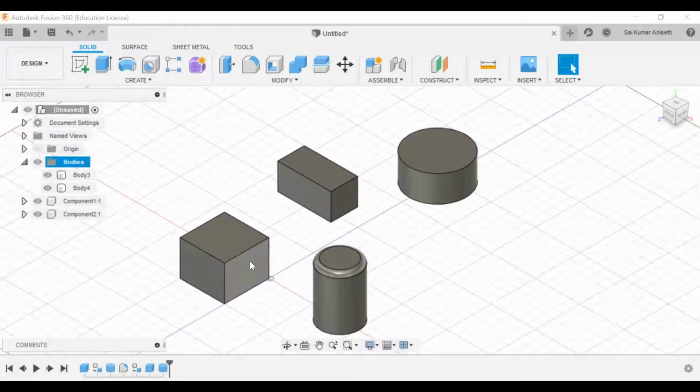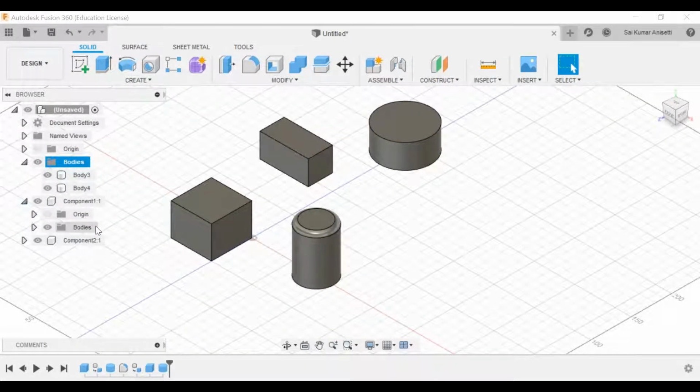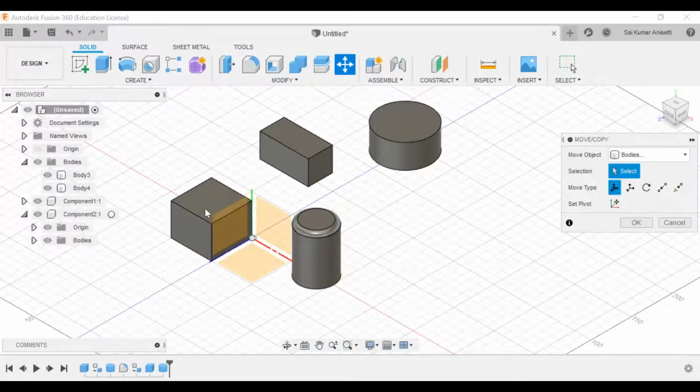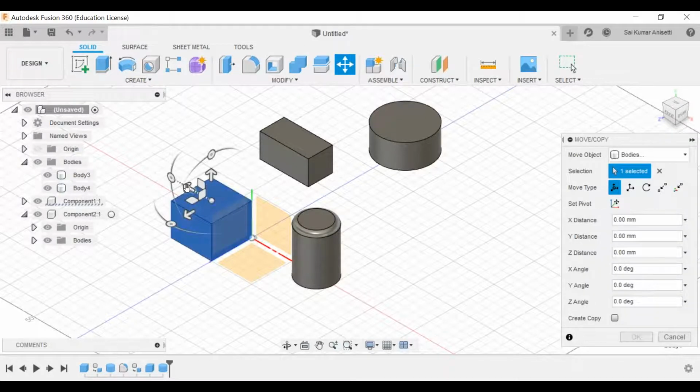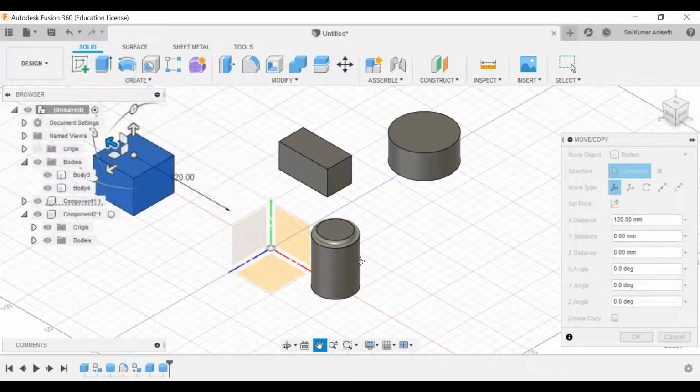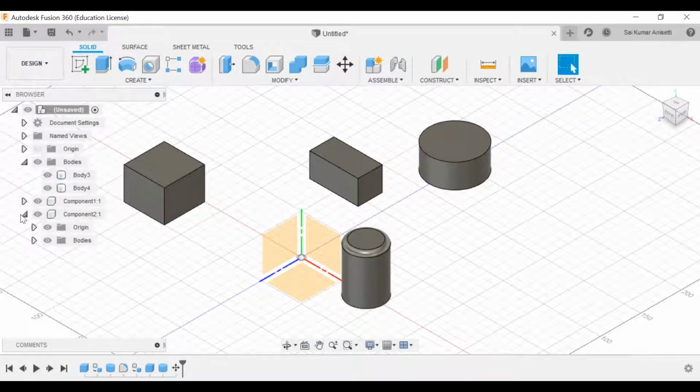Whereas these two components are individual, because if I open this property, each has its own origin and its own body. Okay, body number 1 is separate, it has its own origin. Component number 1 and component number 2 also each have their own origin. If I move this particular body number one somewhere else and click OK, it has its own origin, and component number one also has its own origin. So that is the major difference. To assemble any given components, every part should have its own origin.